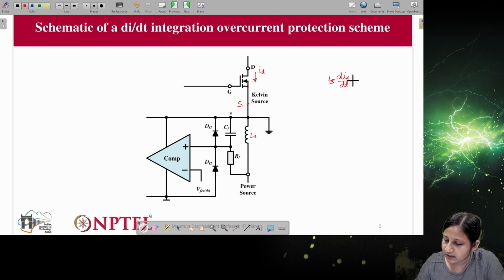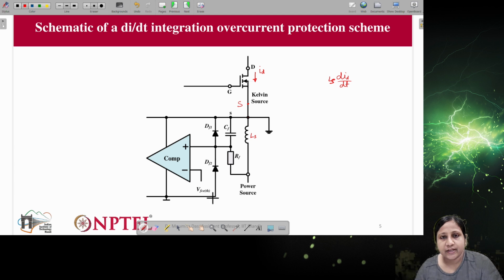Now we have this voltage across LS equal to LS dID/dt, and we can sense this and compare it with the specified threshold voltage. Then we can see whether there is an overcurrent or not.